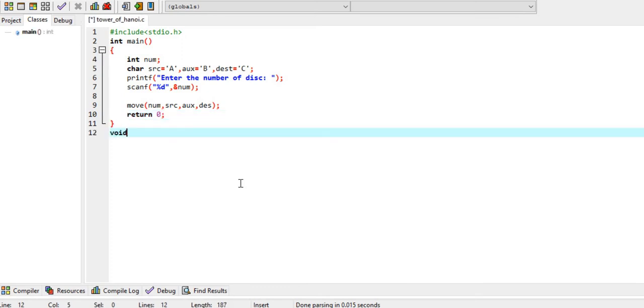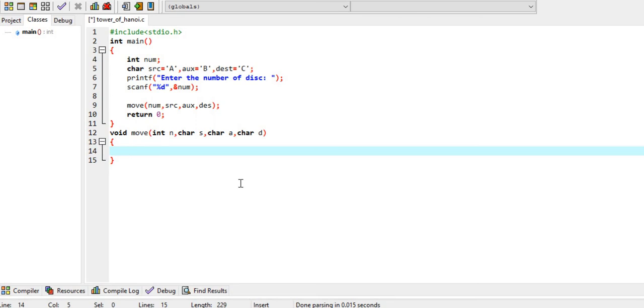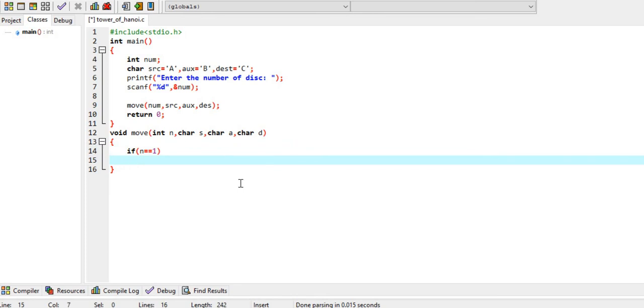Then I will define the function, void move, then we'll have int n, char s, char a and char d. Okay, now we have defined for if num equals to 1, if the value of n equals to 1, we can directly write